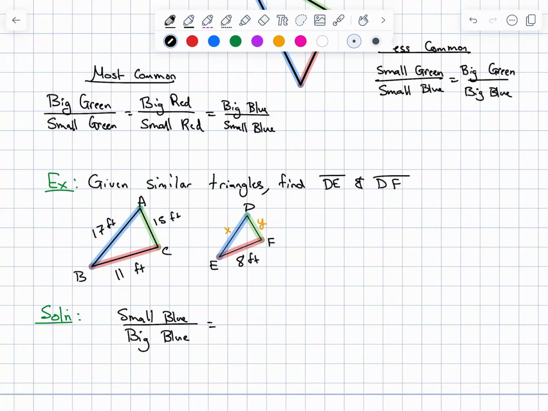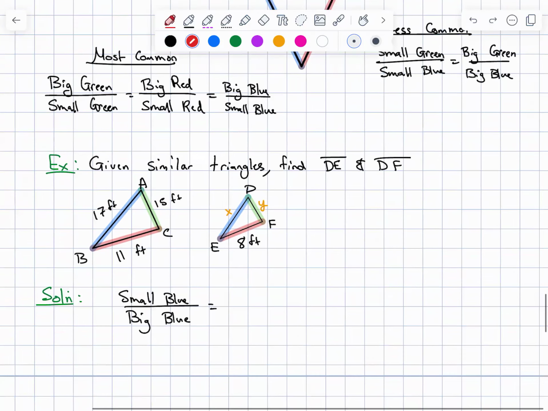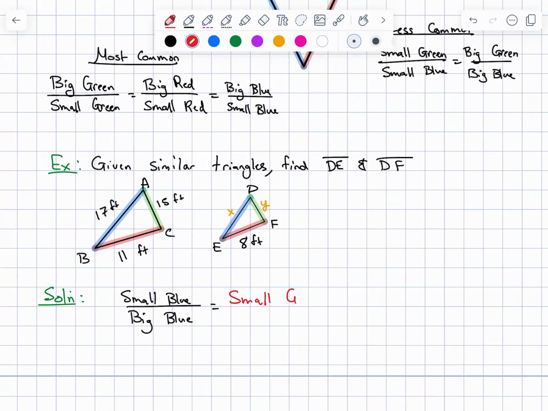Small red. If I did small green, then I get X, so let's just assume that would be the case. If I did this, so don't write this down. I'm going to write this in red actually to say that this is not what we want to do. If I did small green over big green,